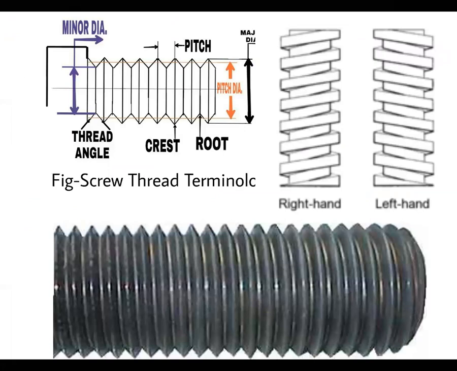See, the terminology of screw: right hand thread and left hand thread, the two diagrams are made here, and this is the thread portion. In the thread portion, the pitch is the one you have to understand, and crest and root. So root is nothing but this is the root. I'll show you that. This is the root, the bottom, minimum diameter. So this one is the maximum diameter, and sorry, this one is the minimum diameter, this is the maximum diameter, and this is the pitch.